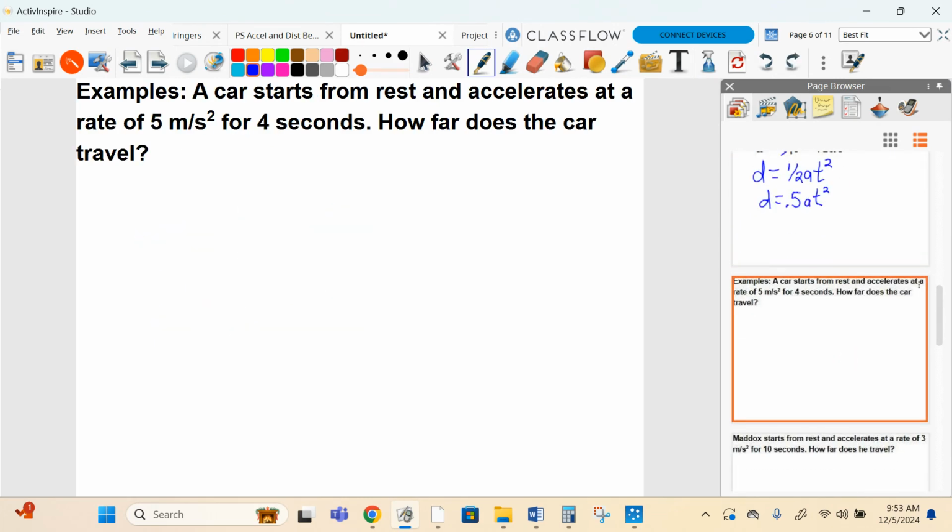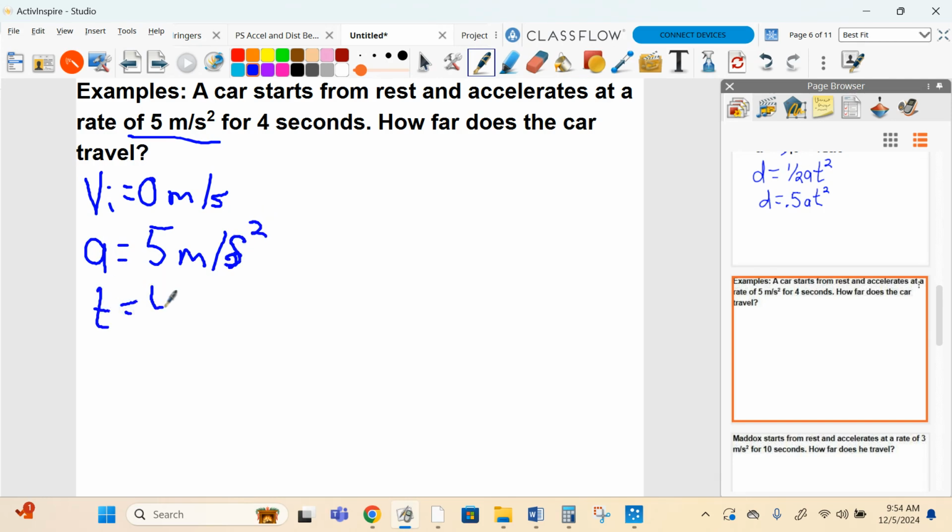Okay. Let's go over the example problems here. A car starts from rest. If it's starting from rest, that means vi is 0 meters per second. It accelerates at a rate of 5 meters per second squared. That's my acceleration. A total of 4 seconds. How far does the car travel? Okay. With no initial velocity, d equals 0.5 a t squared. And this is actually the version of the equation I'll have on your form listed at the top for you guys. From here, I just want to plug in